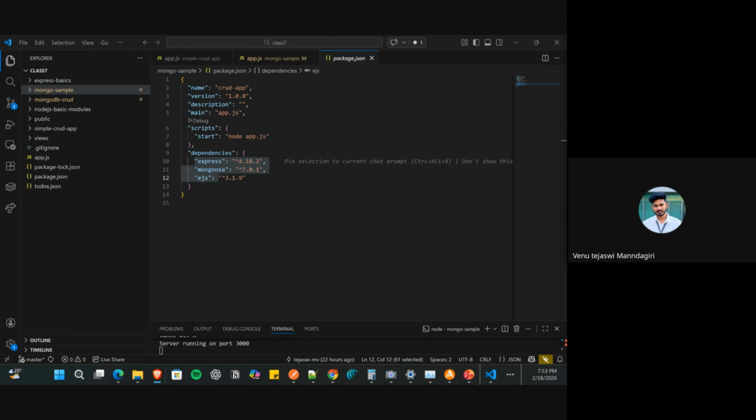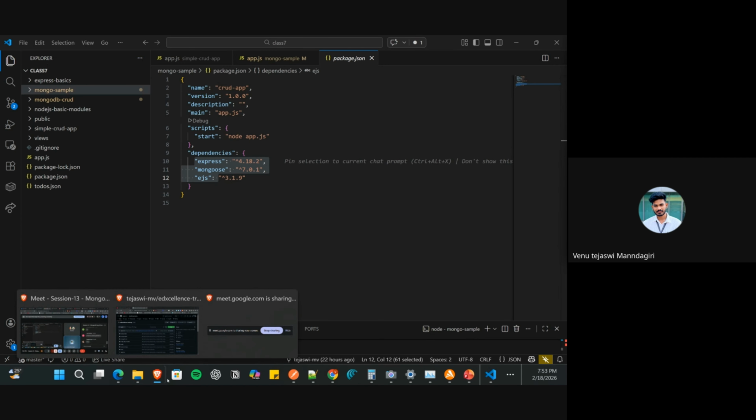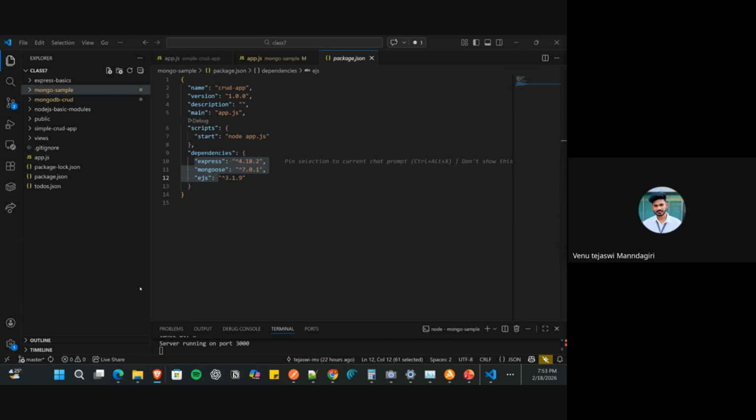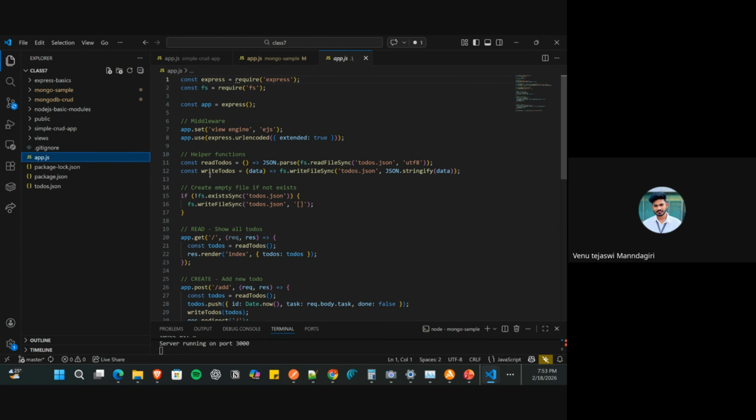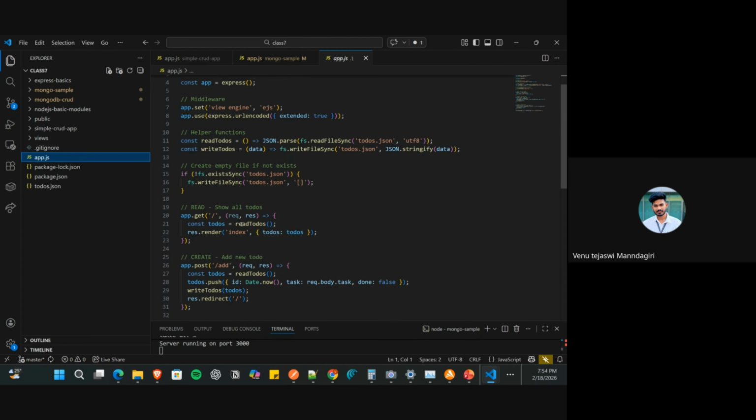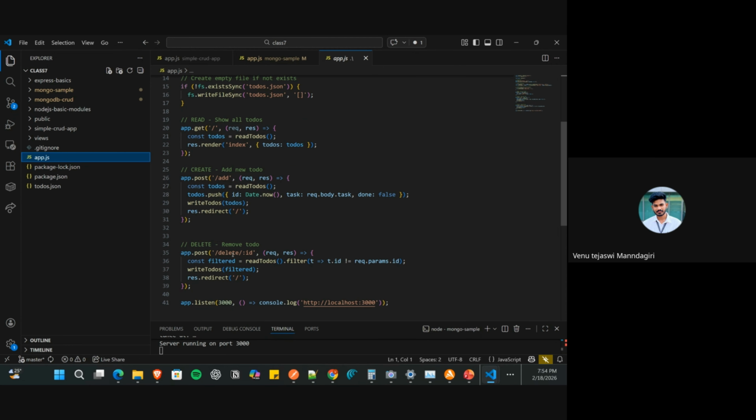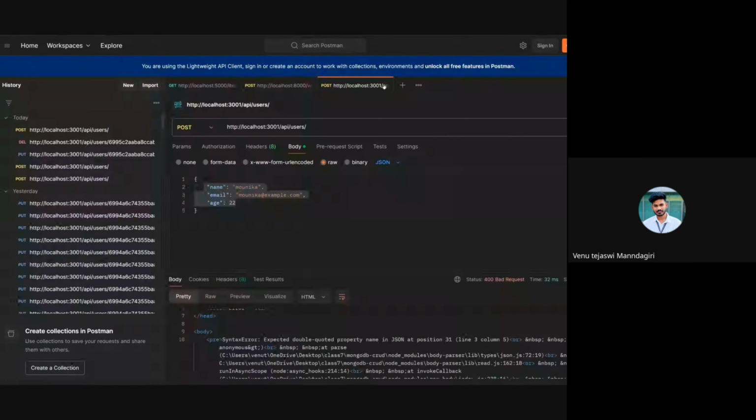Jyoti, you don't have to connect it, because you just need to copy the UI. If you see, we have app.js, right? Your server is running on 3001. So this is the route, like delete ID. So this is the route. So if I go to the Postman, if I click here,